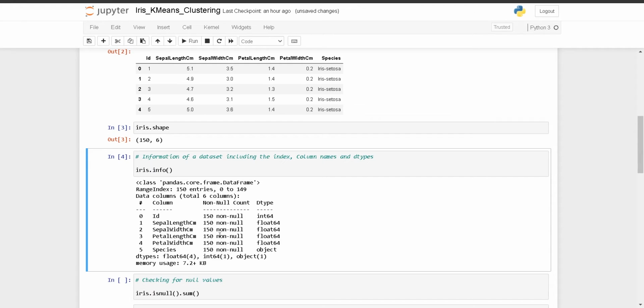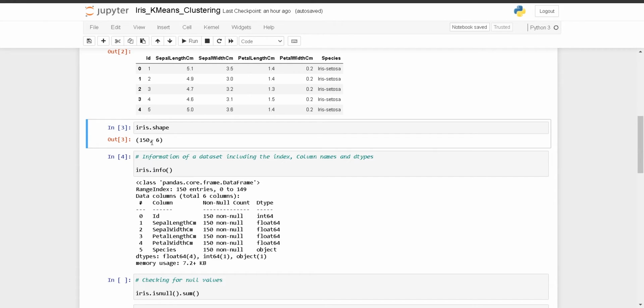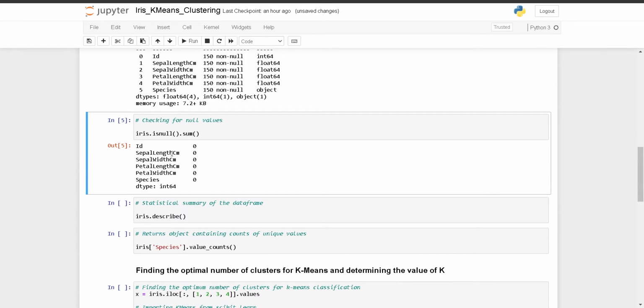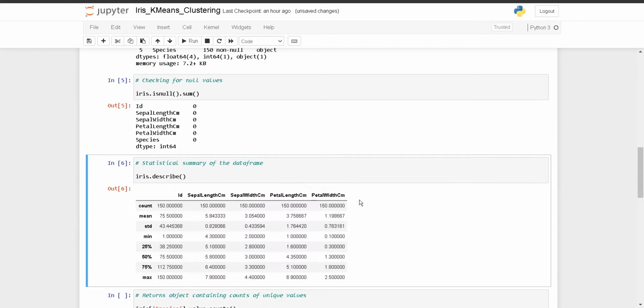And from here we can detect that there are a total 150 rows in the dataset, and in the .info section it is showing that there are 150 non-null rows. So it means that there are no null rows in the dataset. Okay, so just for cross-checking it, we are using isnull().sum function. So yeah, no null rows in the data. Then we are using .describe function. So .describe function just gives us the statistical summary of the complete data frame. So as you can see, count, mean, standard deviation, minimum, maximum, and the intermediate values for each column.